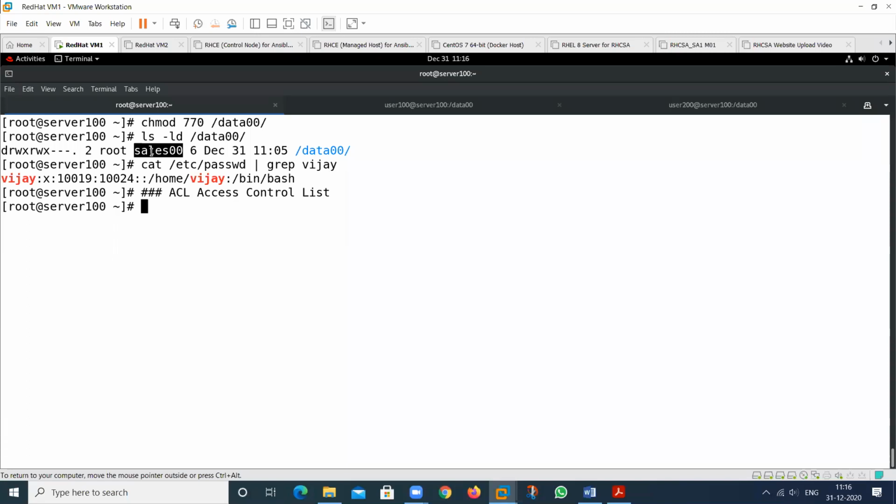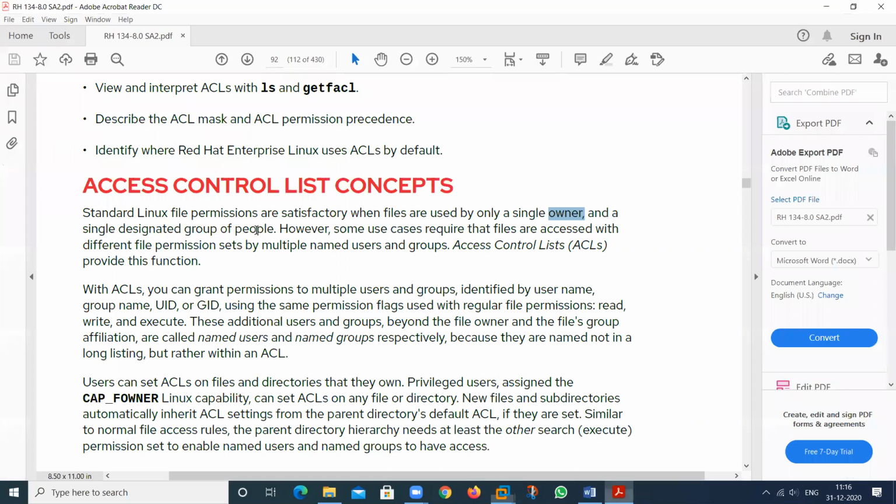So these things have some limitations, and a single designated group of people.